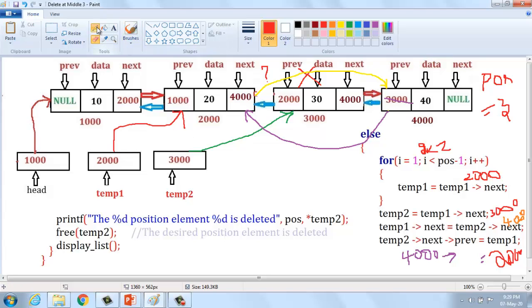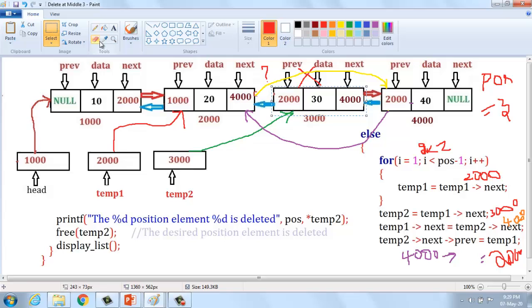The link is changed to 2000, and then a connection is created from 2000 to this location. In this pointer, this scenario should be deleted.